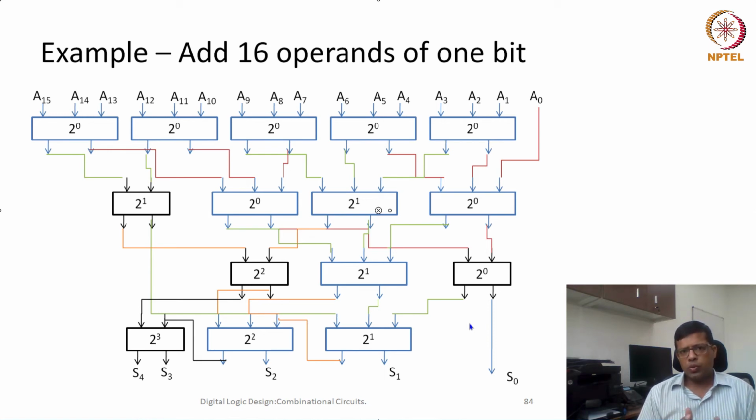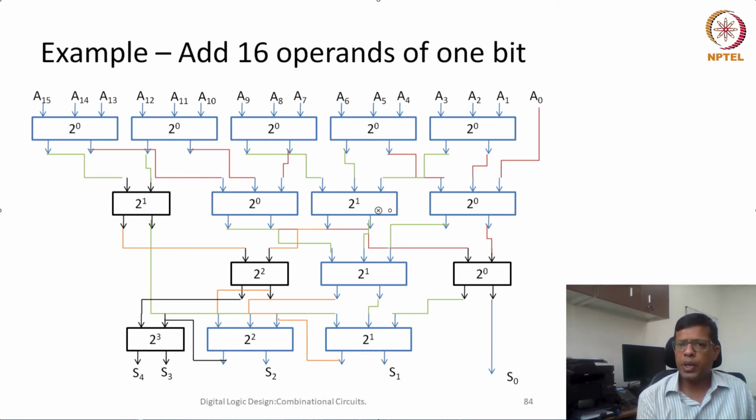Okay, so overall, you may get confused about how we create these combinations and how we connect all of them. The whole idea is that we always have to keep in mind the place of a particular output. We cannot add 2 outputs which are of different places. So in one full adder, all the inputs should belong to the same place, then we can add them, otherwise we cannot. The other way to design this kind of tree structure is that we see how many inputs are there.